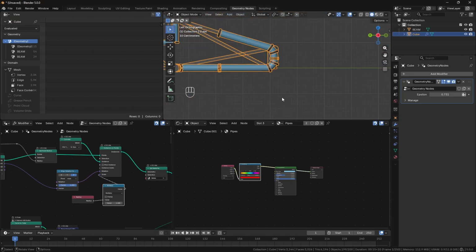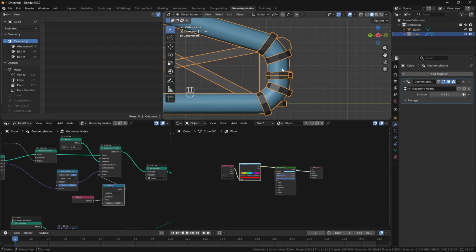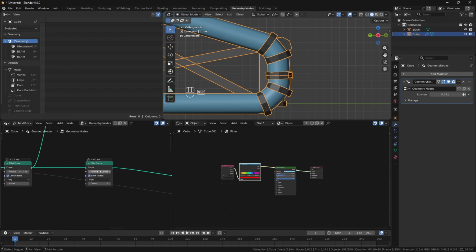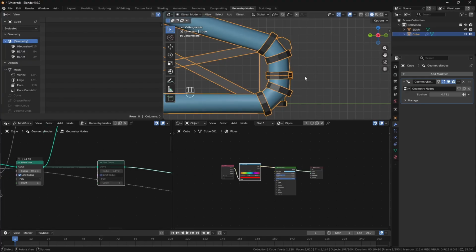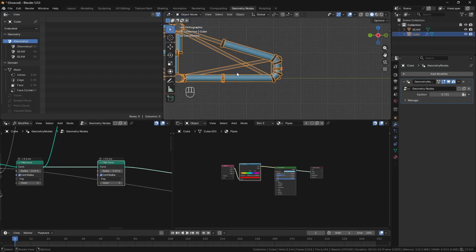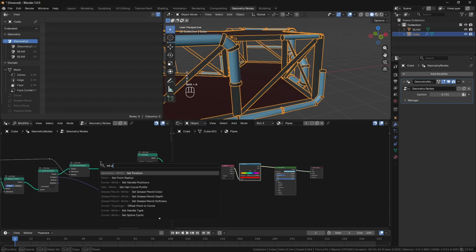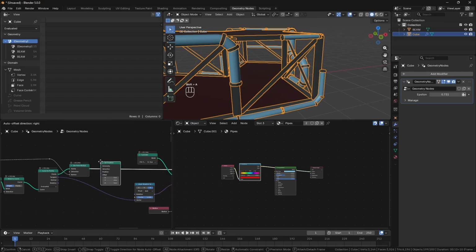Okay, then another issue is these ones on the corners with this fillet. These are going to have to move based on how much we fillet these corners. For example, if I turn the second fillet off, you'll see that they're kind of okay where they are, but as soon as we start filleting those bends, we're going to need to offset these so that they go further in. So let's add a set position node after the set point radius node, and this is going to be